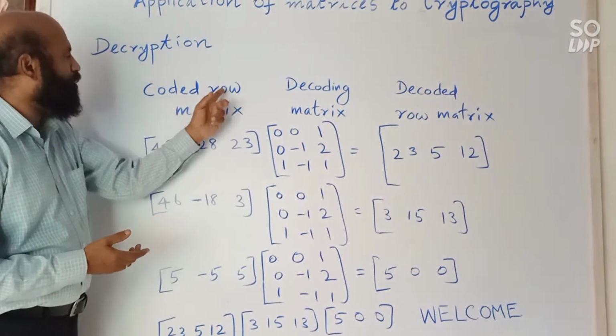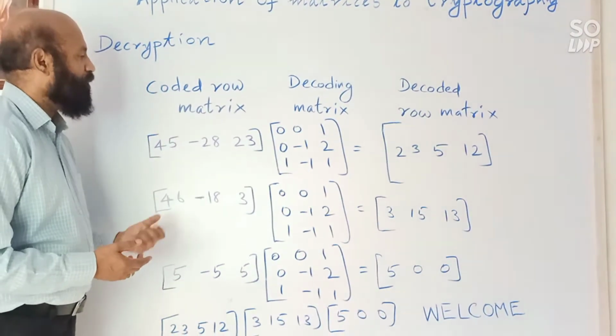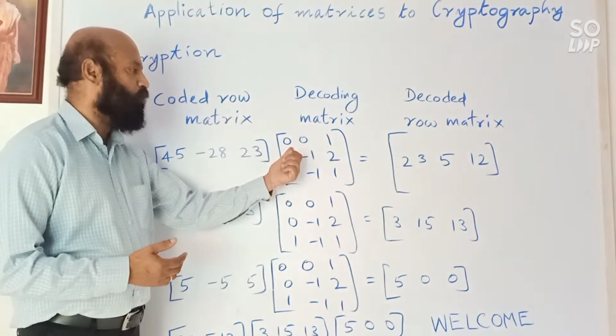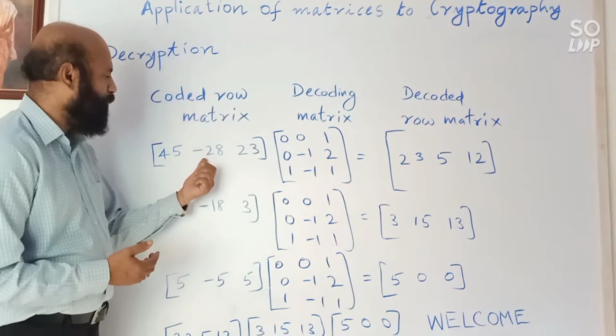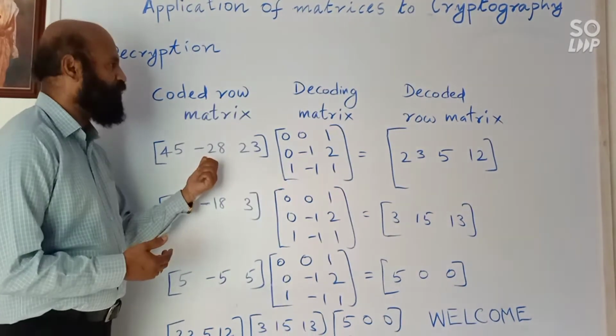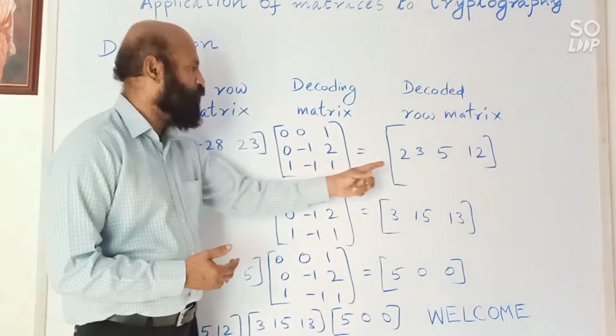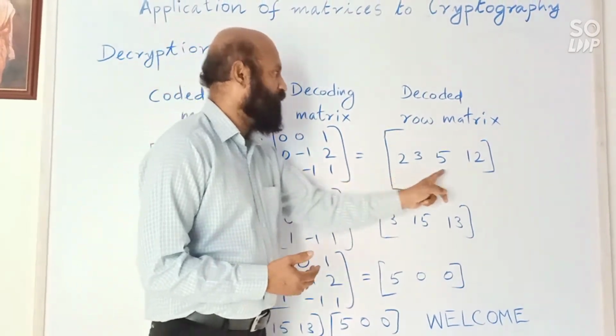Now this is a coded row matrix. You multiply by the inverse of the non-singular matrix. When you multiply this row matrix by this inverse, you will get this row matrix,